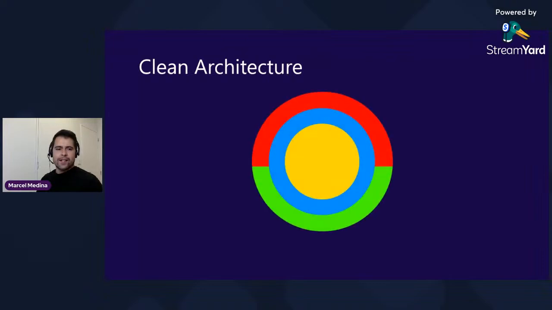All right. Hope you guys like my paintbrush skills. What I brought in here are the different layers of the common clean architecture, also known as onion or ports and adapters. The main intent is to focus on the business domain, and not necessarily the technology stacks. But at the core,